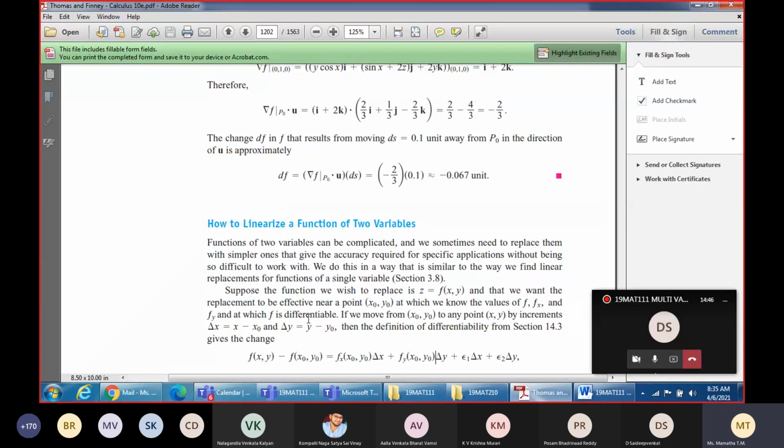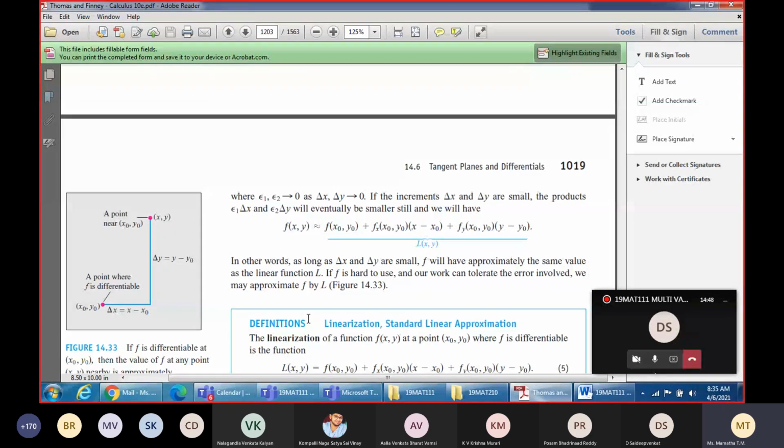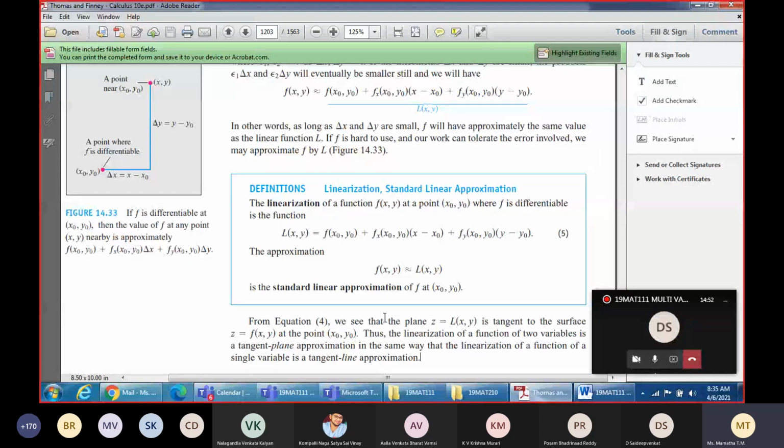The linearization of a function f of x comma y at a point x naught, y naught, where the function should be differentiable at that point, is L of x comma y, the linearization function, which is given by f of x naught, y naught, the function value at the point,